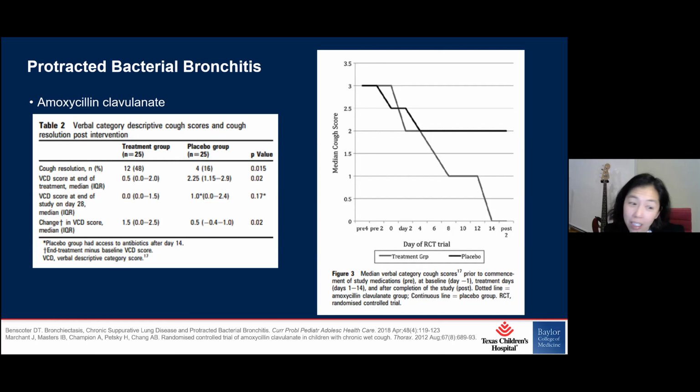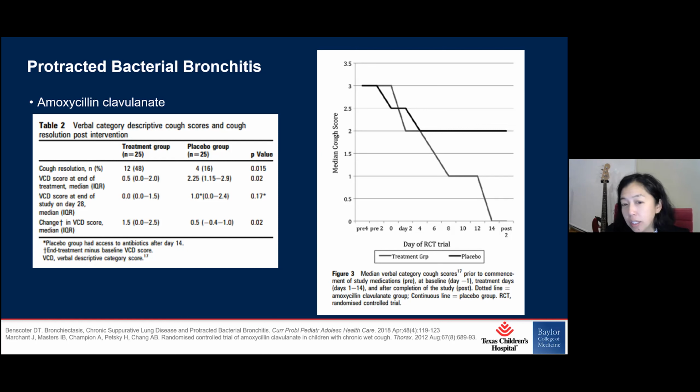And I think this is great because in otolaryngology, we don't have a lot of prospective randomized controlled trials. So they really did this. It was placebo controlled. They put kids on Augmentin for 2 weeks and actually tried to quantify the cough scores. Now, again, these are not BAL confirmed, and not all of them. They did have some subset of the patients, but they were really talking about cough. And basically, they showed that they could improve cough scores with the use of Augmentin.